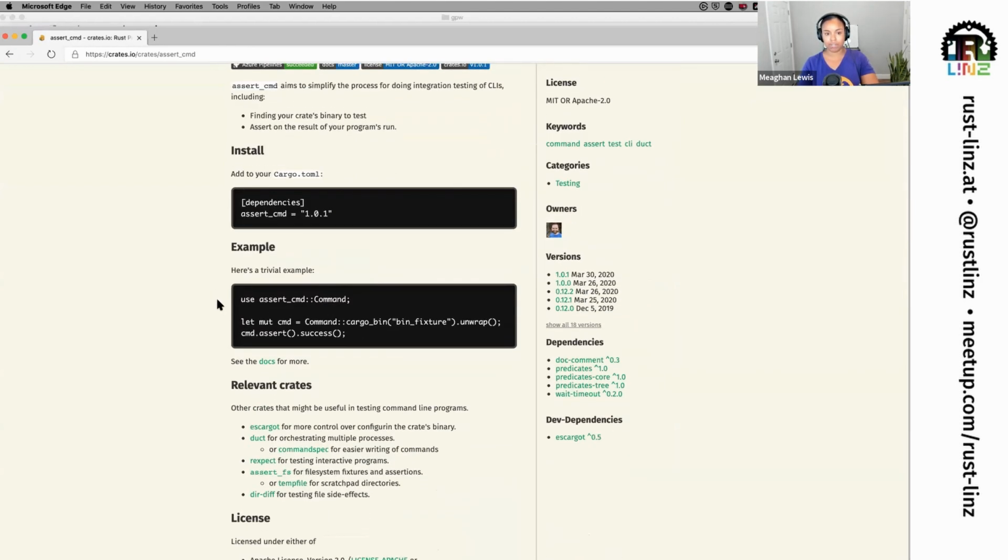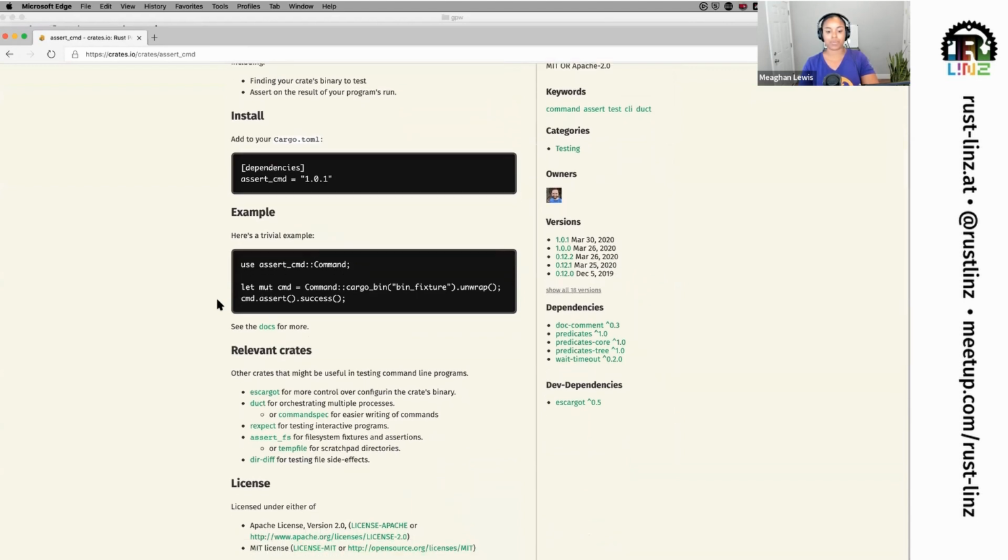So we can use it like this. Here's a small, trivial example where we can define a cmd variable, and we use this cargo_bin function to tell cargo to run whatever command we enter here. And then it does this unwrap. Essentially unwrap is going to be looking for whatever the response is after we call this function, whether it's successful, if it's a failure, or whatever other information we might receive back, I will be able to capture there.